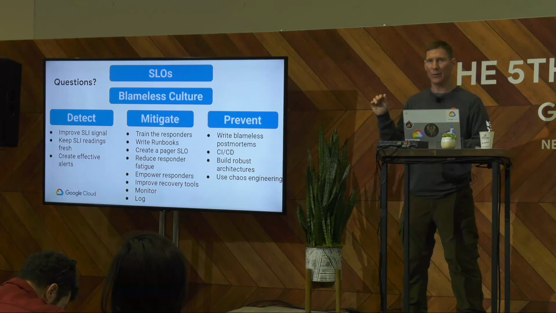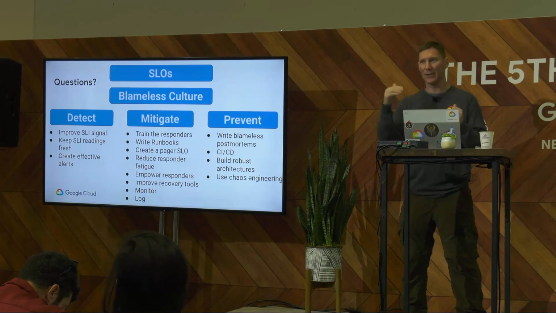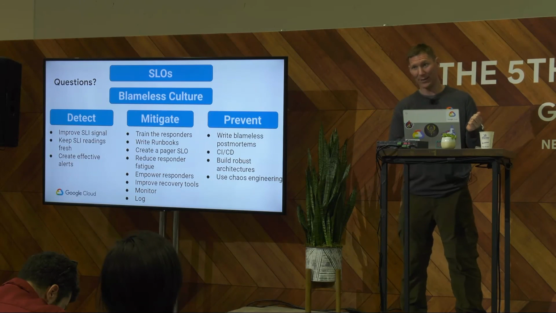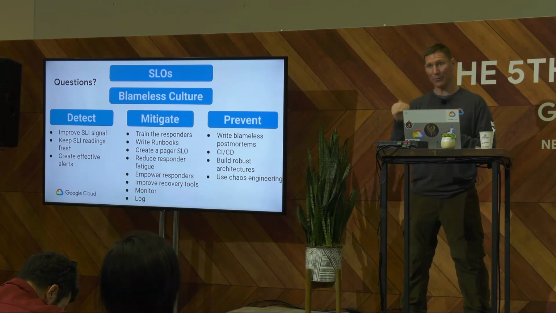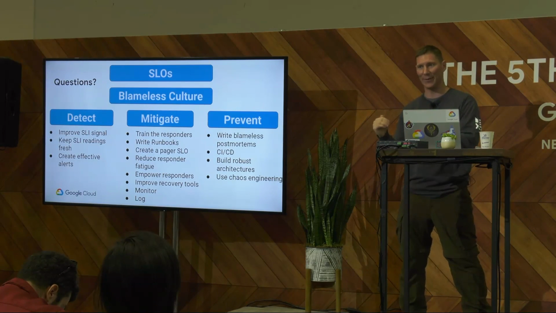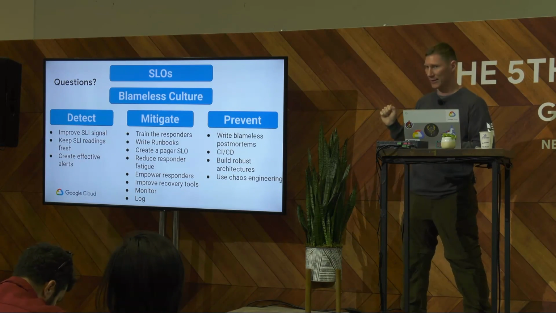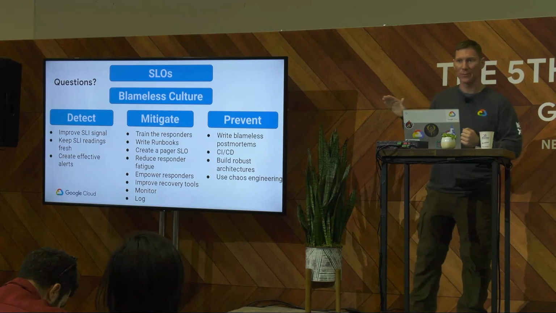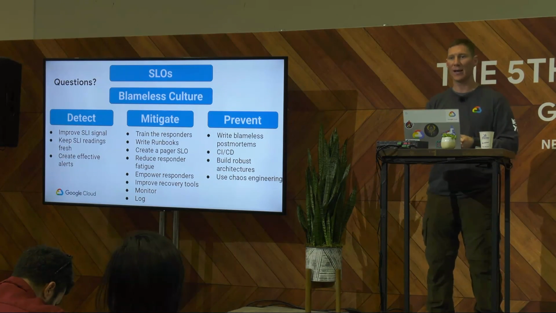Your SLOs give you that common language to say, we're out of SLO, we need to freeze. You, the PM, you told me in the beginning what you need the user reliability to be, and we're out of that. So you, as the PM, need to work with the devs to say we need to prioritize the reliability to get back up. Your SLOs are your main force of communication across different disciplines. And blameless culture, so you can make things better, so you can communicate, so you can work together and not be in fear of each other.